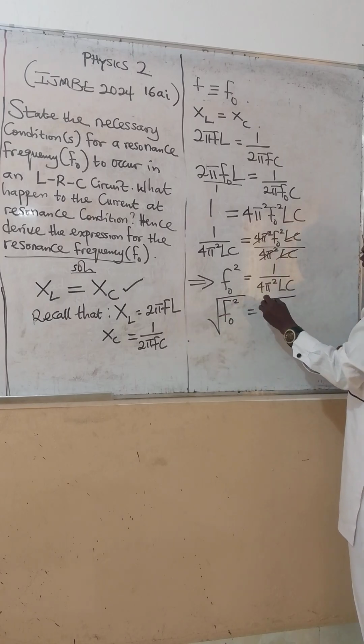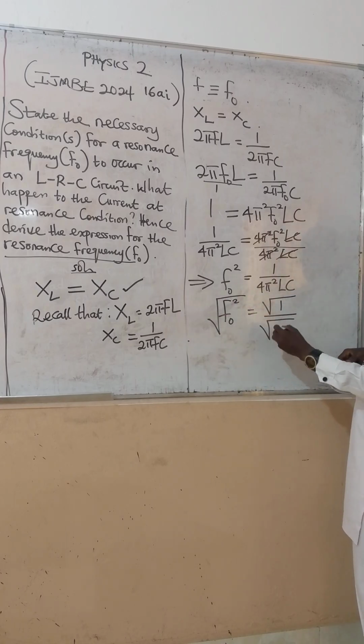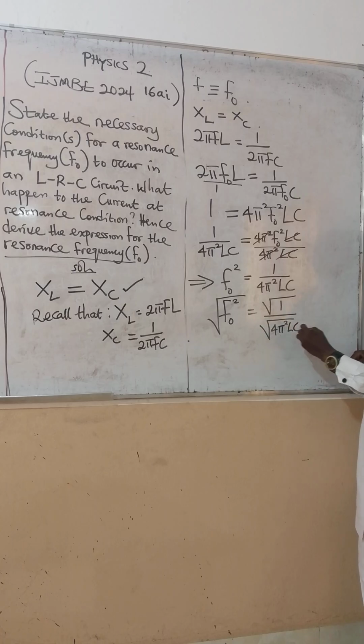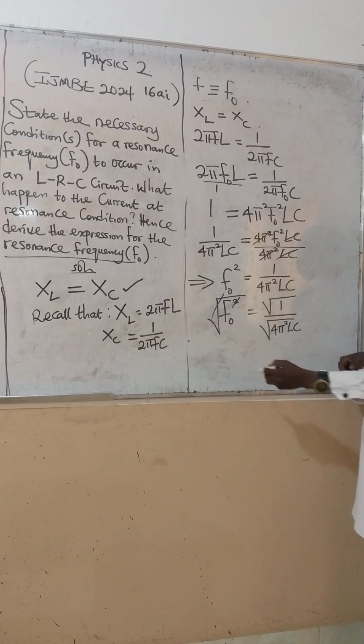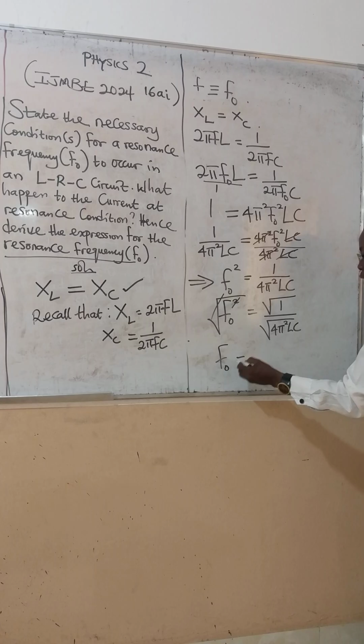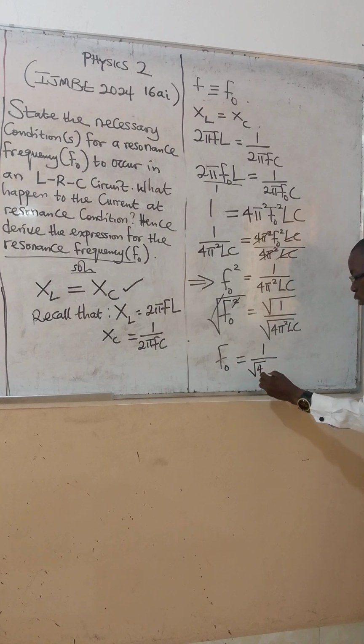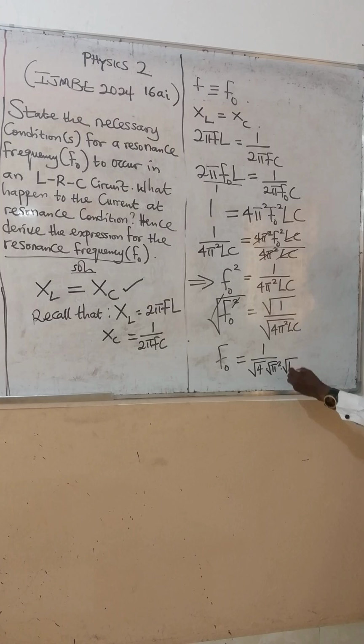That will give the square root of 1 over the square root of 4 pi squared LC. Square here cancels square root. So you are left with F naught equals square root of 1 is 1 over, I can split this into 2, which is square root of 4 times square root of pi squared times square root of LC. Okay, so at this point you have 1 over square root of 4 is 2. Square cancels square root here, you are left with pi. Then here you have root